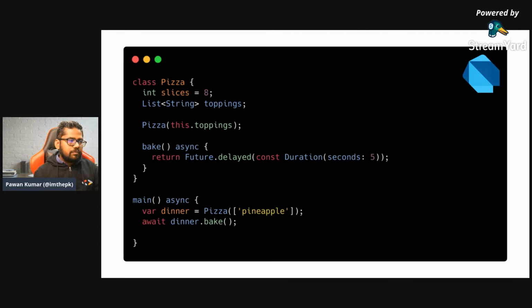So now this is done, and rather than console.log we will just say print here, and yeah, the same thing, right? So why I showed you this, the whole idea is that Dart is not a very different language. This is something which you have been doing already, but the name of the language is just different, with some additional features which can make your life even easier.